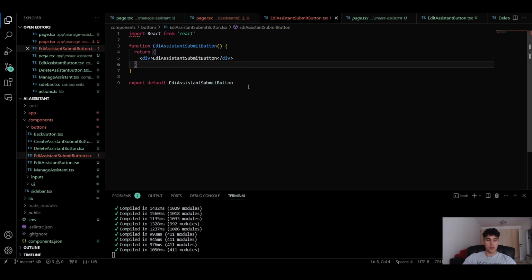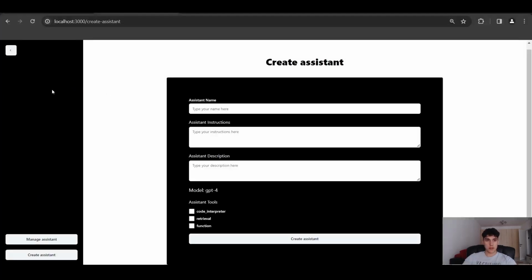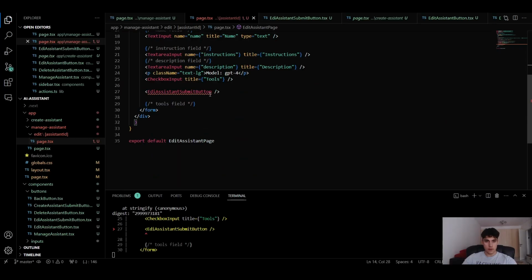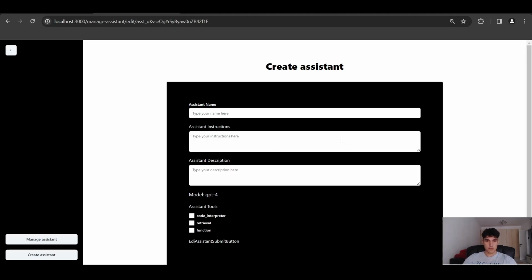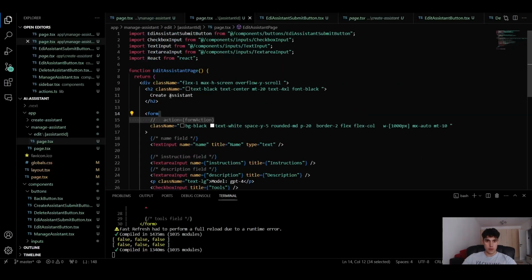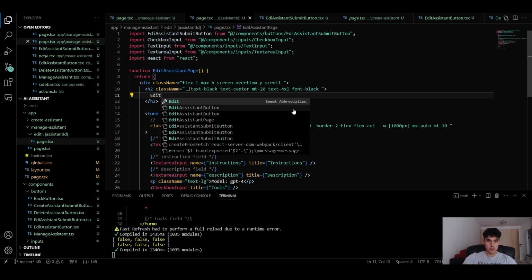Alright, I'm gonna come back later to this button. Now let's see here, manage assistant, edit. Let's import our edit assistant submit button. Now you can see here that we've got our form to edit the assistant. And now here I want to show the assistant name that we want to edit. Here instead of create assistant, I'm gonna say edit assistant,